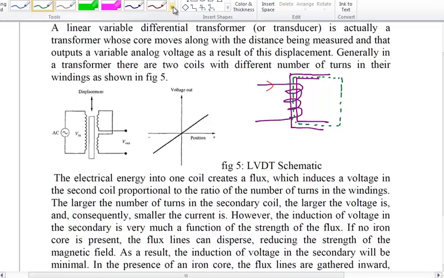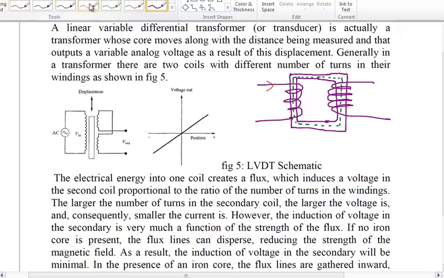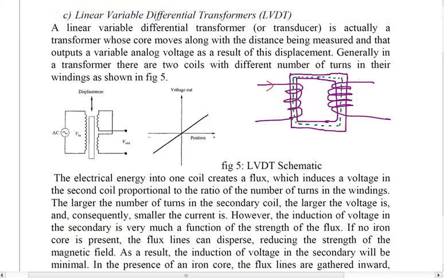Once you have that magnetically charged core, and you put another winding at this side, we will have a conversion of magnetic energy back to electrical energy, and you will get the current out of this particular wire. That is basically what happens in a